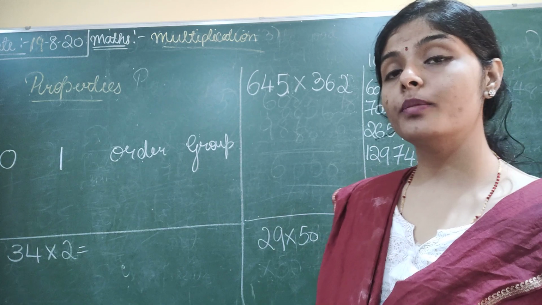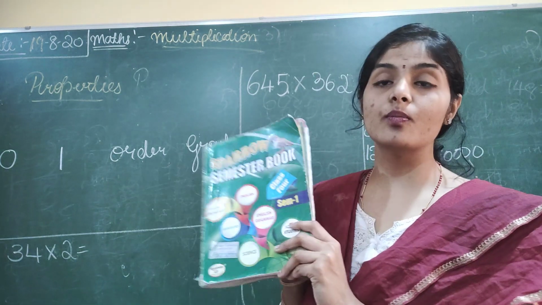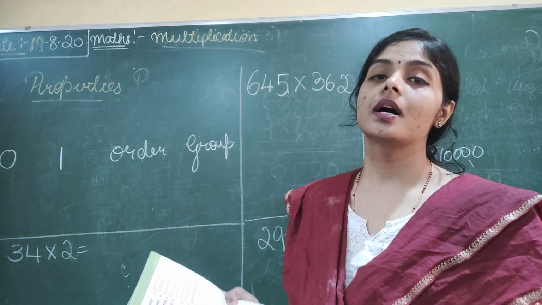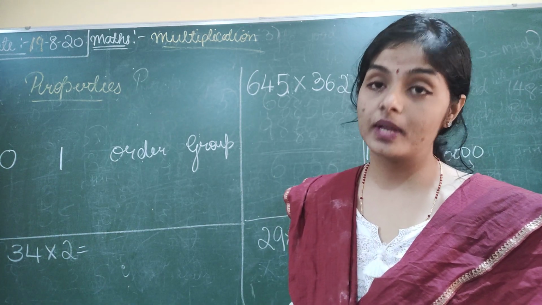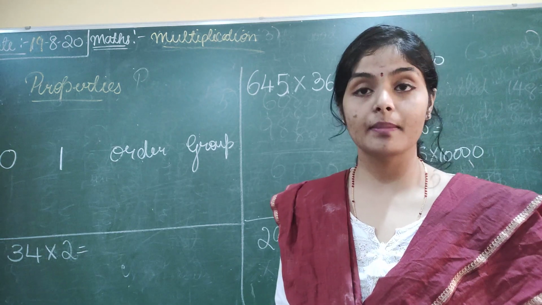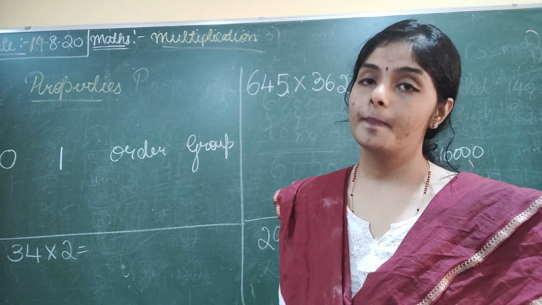Before we move on to our chapter, I want you to open your Sparrow Sem 1 textbook, a rough book, a pencil, pen, and work it out along with me. Children, the rough book is very important because I told you anytime I'm going to ask you for your rough book and I'm going to check. Got it? Please open it.